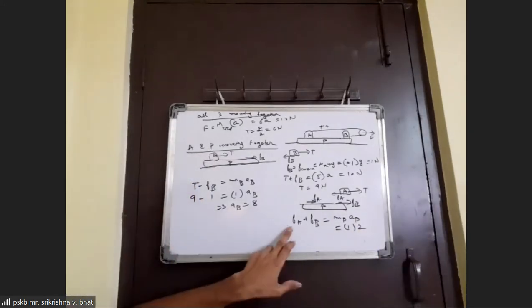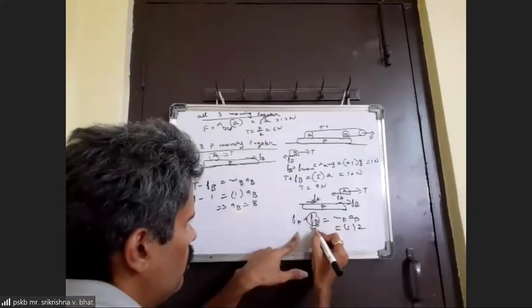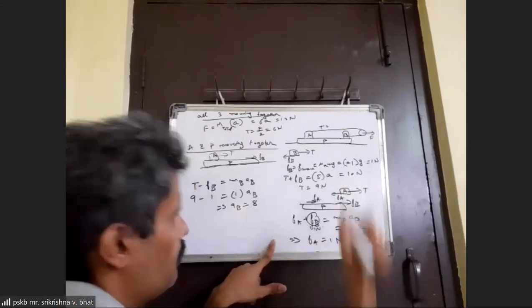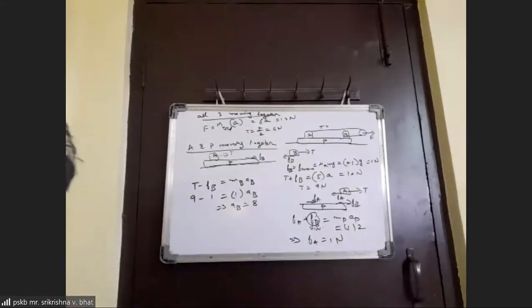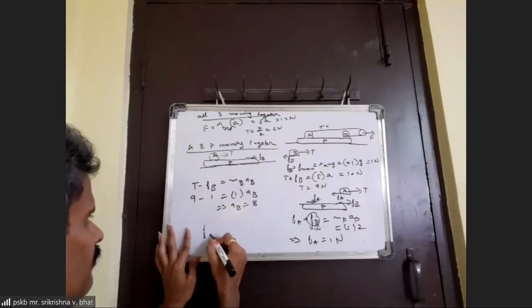Okay, but you already know that FB is 1 Newton. This FB is already known to be 1 Newton. So therefore, we get FA also to be equal to 1 Newton. In fact, this was one of the things that we wanted to find: the friction force between A and the plank, and that's coming out with 1 Newton. And the maximum force of friction on A, Fa max.